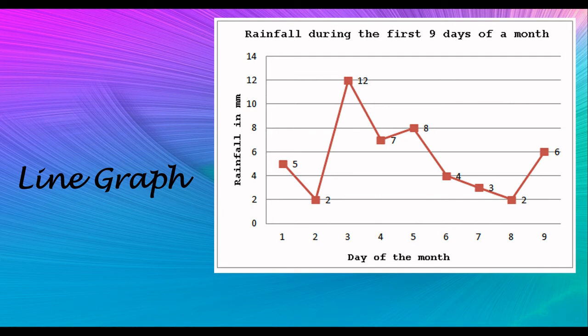Next, we move to our line graph. Line graph is very easy when we are talking about geographical data. Usually the geographical data have to be collected every day, like here, rainfall during the first night of the month. We have to collect every day, every month, every year. After that, we will see how things go on, like the greenhouse effect, the percentage of carbon dioxide in our atmosphere. By using the line graph, we can see whether they are increasing or